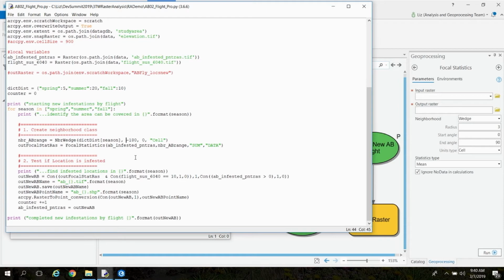So I'm creating a neighborhood wedge class using the values from this dictionary, and I'm going to loop through that, so it's quite dynamic. Then I run my focal statistics tool to get that information using that wedge, and then I have this complex Con expression where I find out what gets infested, if it's a susceptible location or not. So let's go ahead and run this,